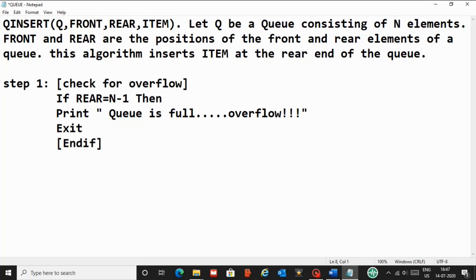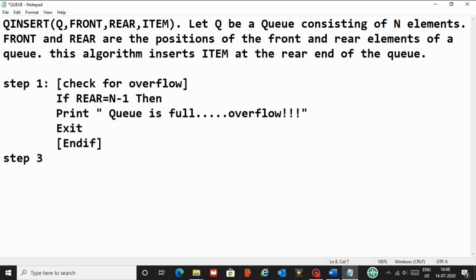This is step 1. I have to check for overflow. That is, if rear is equal to n minus 1, then print "Queue is full, overflow." I don't have any place in my queue to insert. If that is not true,